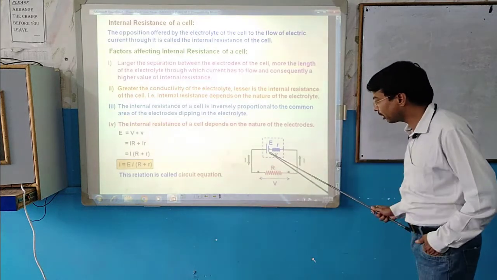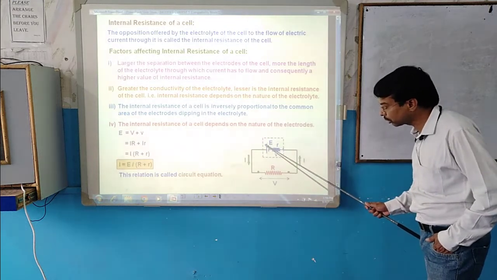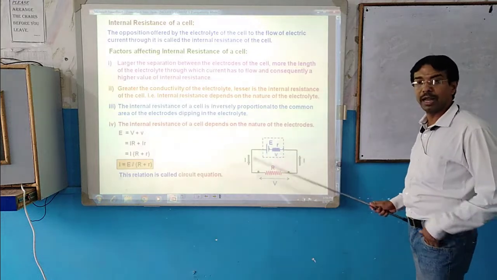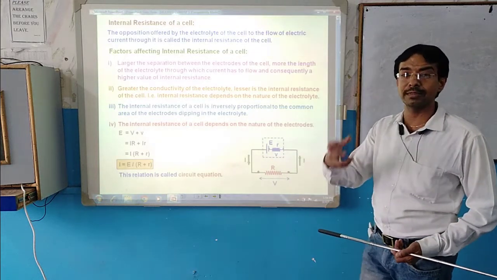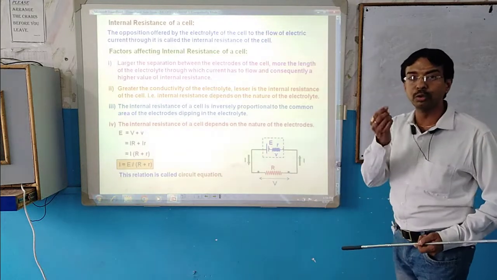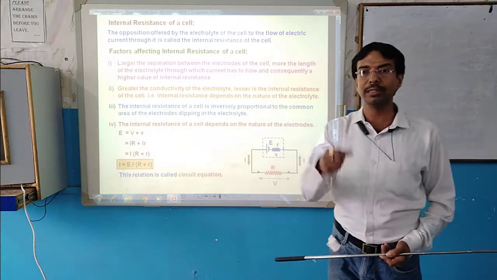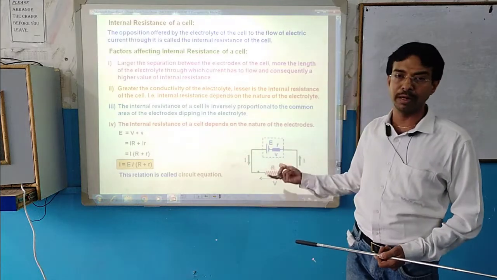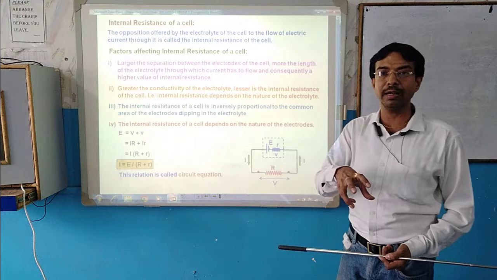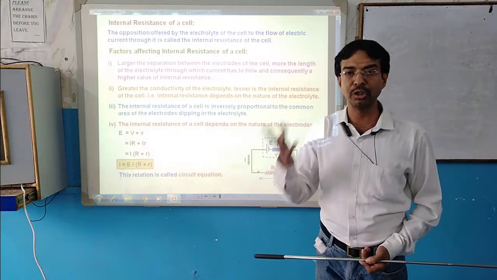It will do some work and push that positive charge from the negative terminal of the battery, inside the battery, to the positive terminal. And that amount of work, including the whole circuit, for moving a unit positive test charge is known as the EMF of the battery. So it is named the electromotive force, but its meaning is energy. It is a total potential energy.